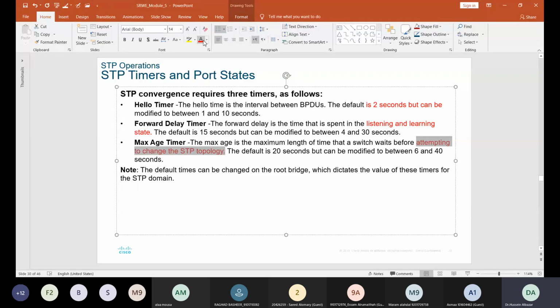To convert from the blocking non-forwarding state to the active state in case we have a path failure scenario. The default is 20 seconds, but it can be modified between 6 and 40 seconds as well. Now, keep in your mind, default times can be changed on the root bridge, which indicates the value of these